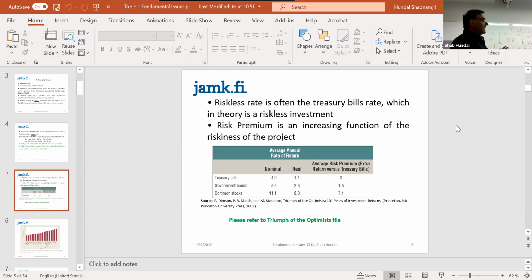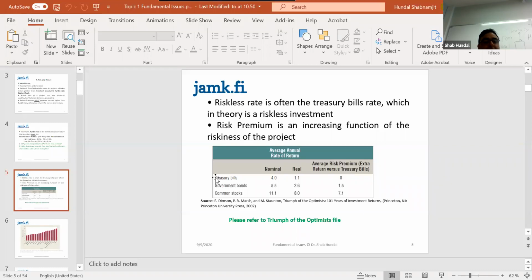Now, what does it say? It says that if you had invested in 1900, if your not father, not grandfather, but even great-great-grandfather had invested $1 in 1900, how much it would have been by 2001. And you can see that in 100 years of the 20th century, if you had invested in